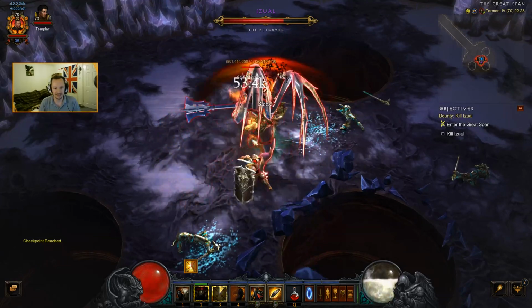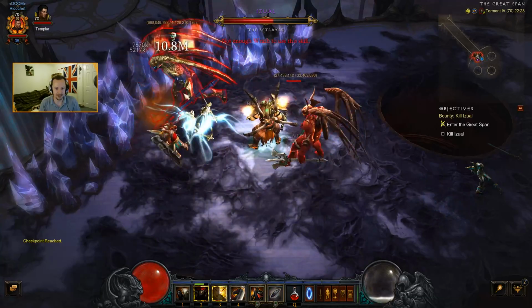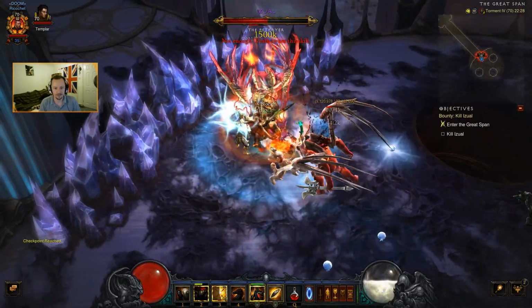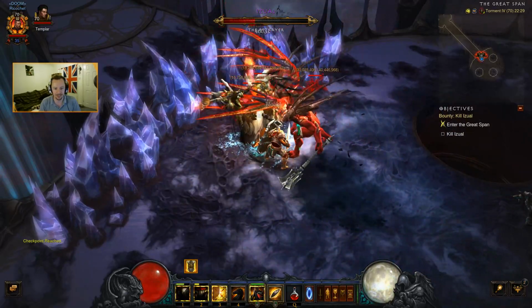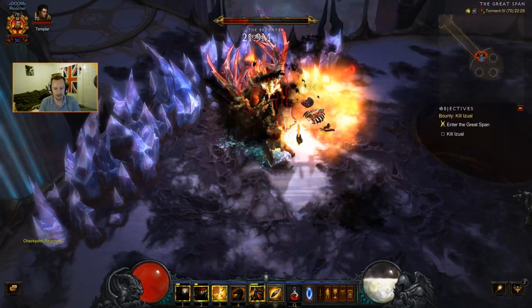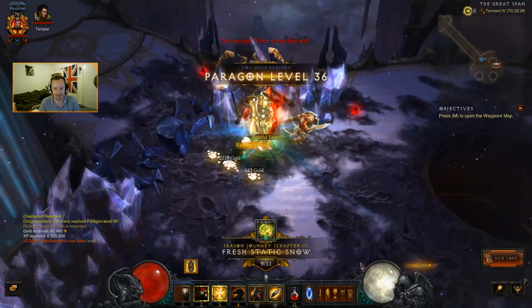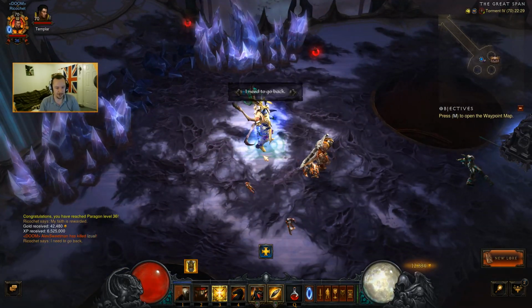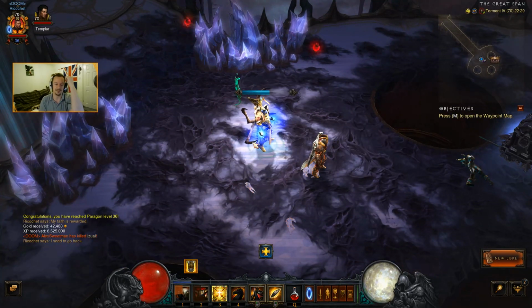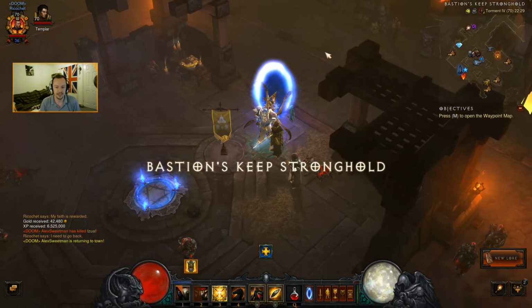So if we make ourselves super big, not quite the same size as him, but pretty damn big. Let's put some extra shieldy stuff on. Oh, he's so dead. There we go. And a Death's Breath out of it. Perfect. Right, back to town, and we're going to do the transmog, and we're going to make ourselves a level